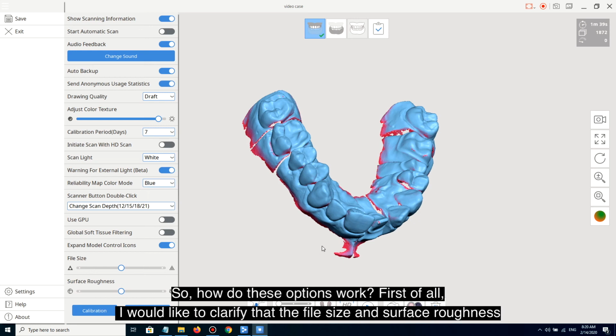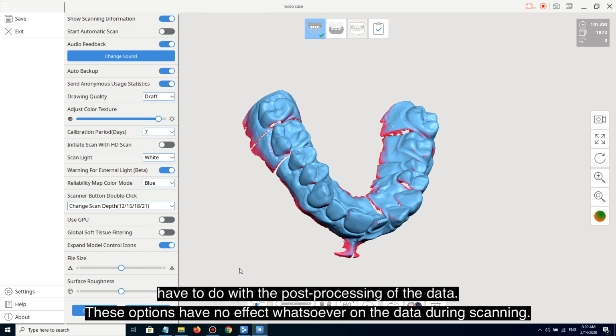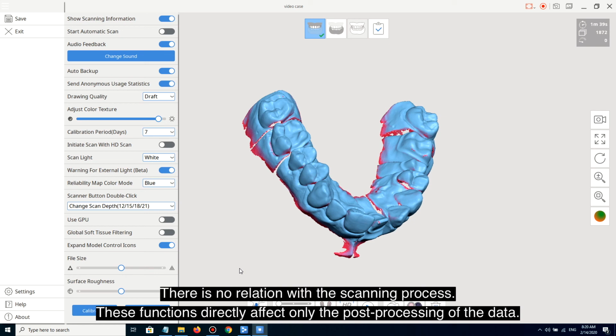So, how do these options work? First of all, I would like to clarify that the file size and the surface roughness have to do with the post-process of the data. They are not working or not affecting the data during the scanning. They have no relationship with the scanning process. They have a relationship only with the post-process of the